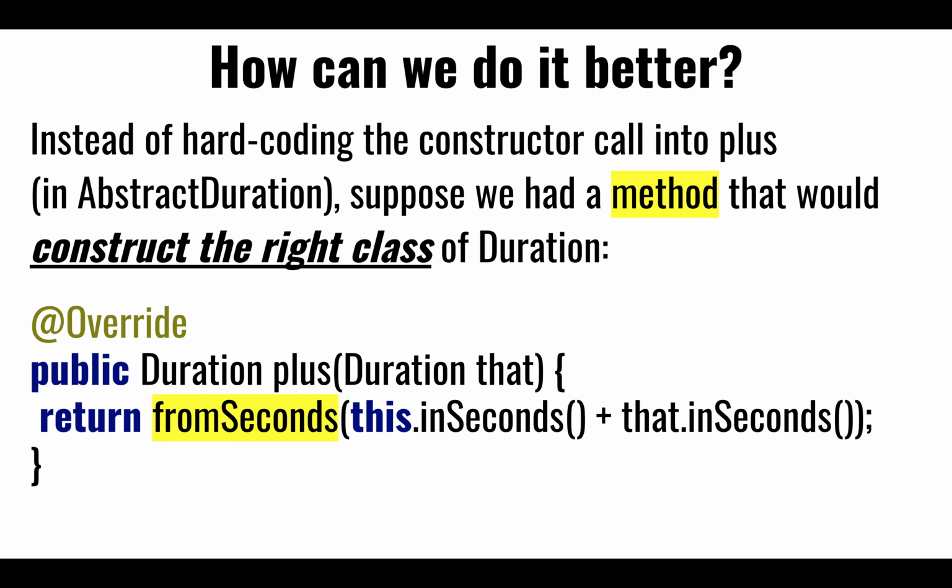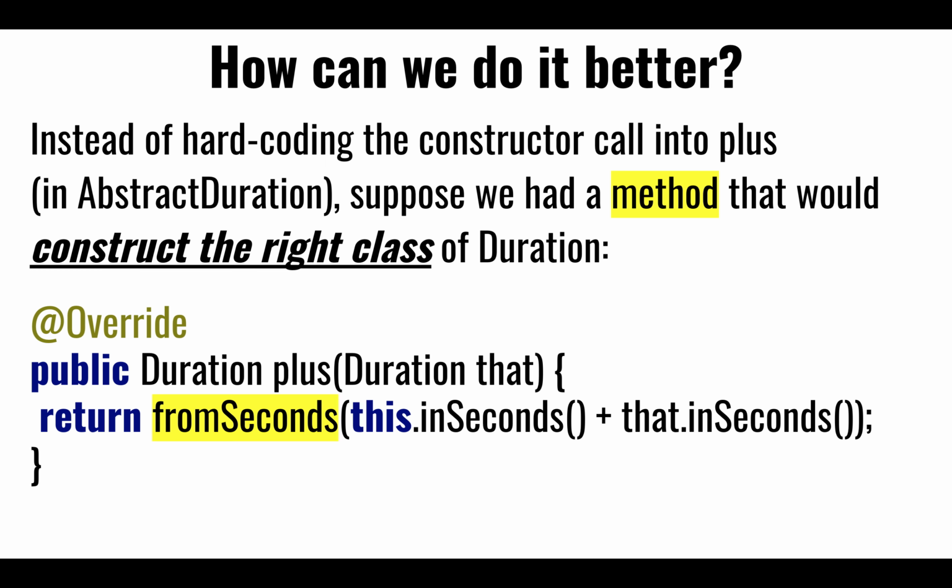So let's look at how we can do that. What we're going to do is move over onto the abstract class something that looks like this. We're going to do the plus that is only defined in terms of the interface, and we're going to create a function that at runtime is going to decide whether it should return either an instance of the duration impl, or an instance of a compact